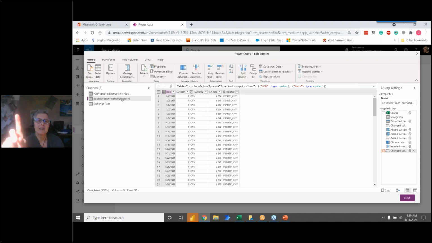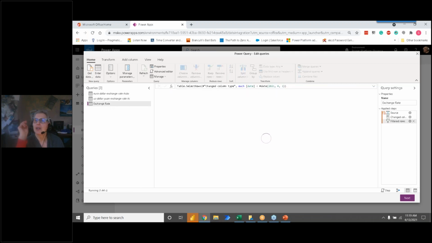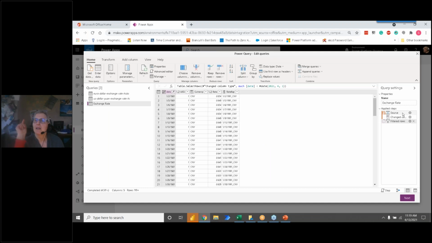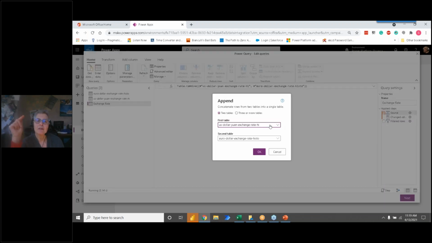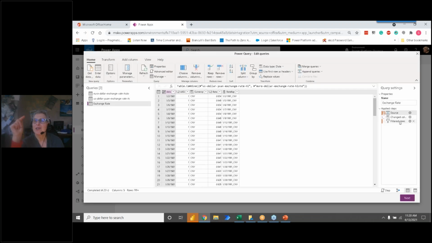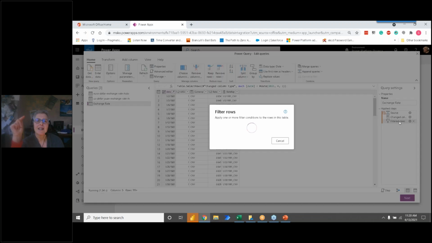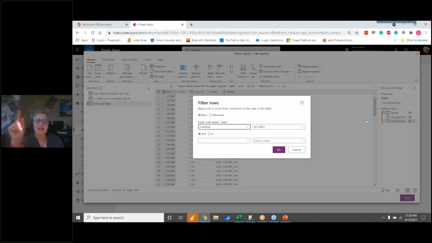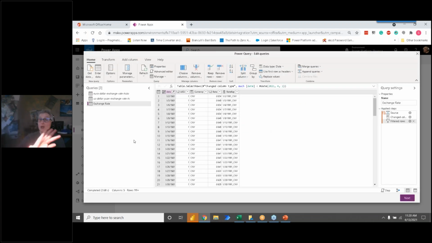And it looks exactly the same, pretty much. And then I came over here and I took the two of them. So I'm just going to double click on source so you can see what I did. I appended them together, right? And then I did some other stuff. But one thing that I did is I filtered the date so that everything was before April 1st. And that's my data flow.